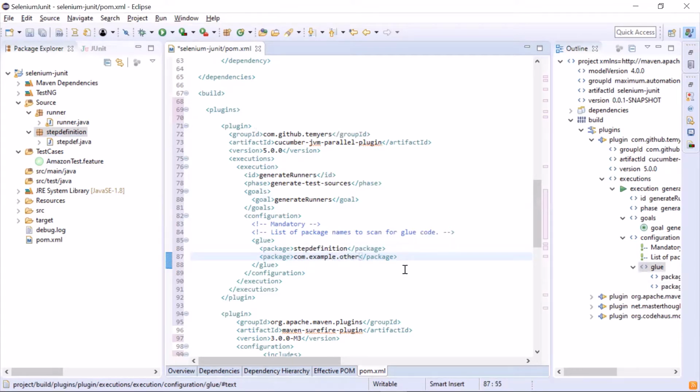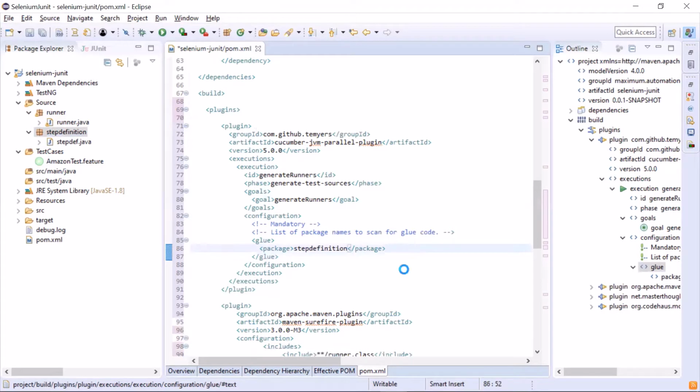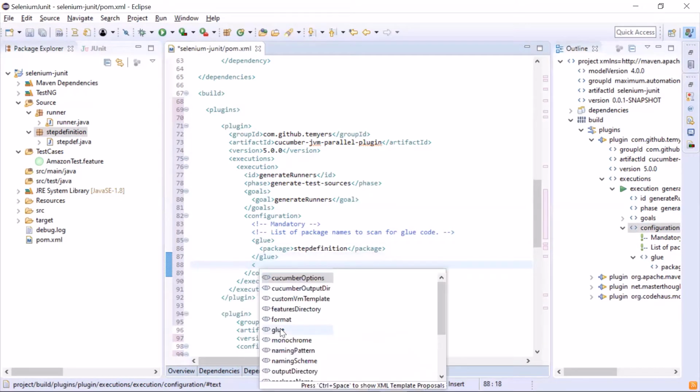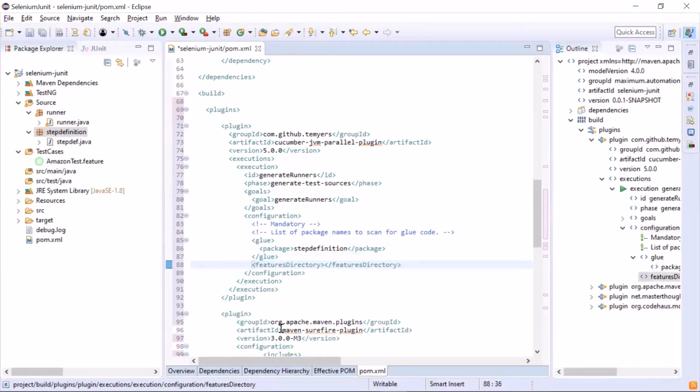Since we have only one package, we'll delete this one. Now we have to provide the directory where our feature files are placed. So I'm adding the feature directory and will provide the value as test cases, because this is the folder where our feature files are placed.